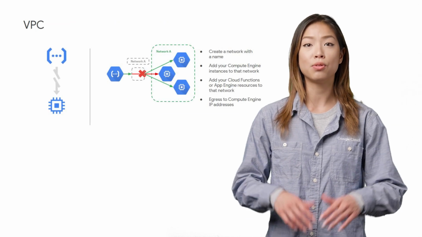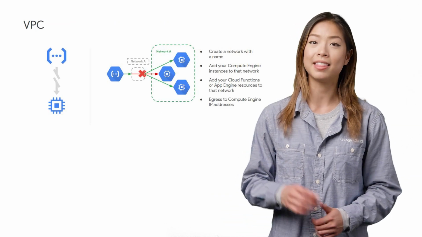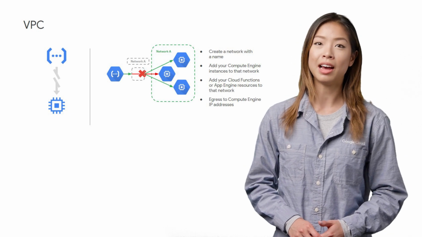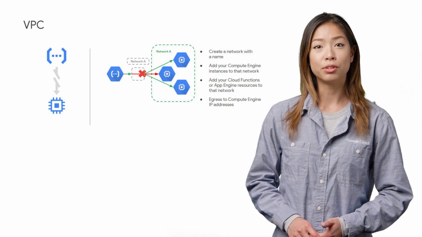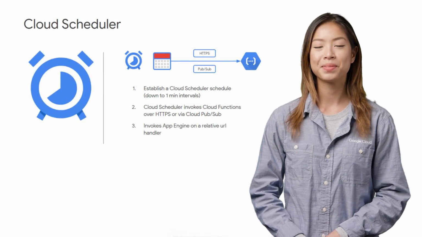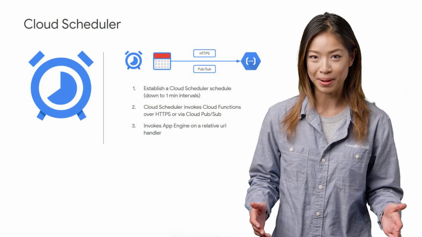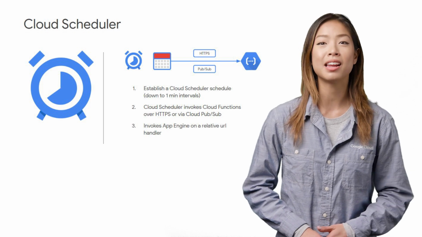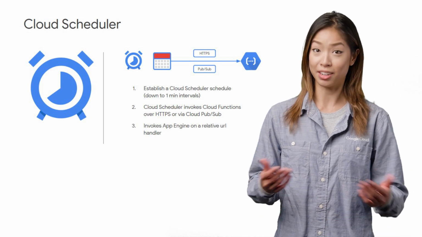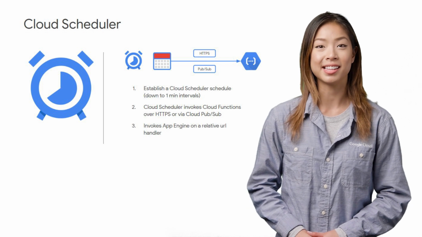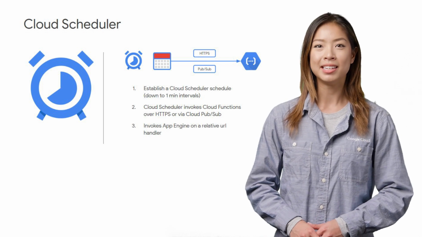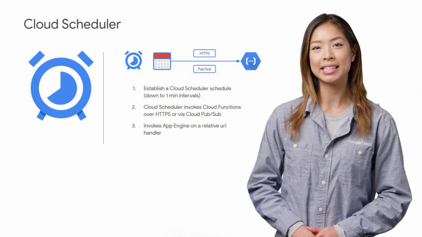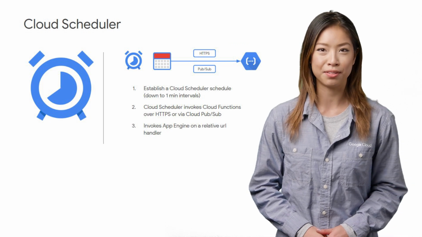You can control access to function invocation using IAM on the invocation. You can assign a role of invoker to a particular user, allowing you to define who can kick off functions, great for function-to-function use cases. Now, something I'm really excited about is the availability of a new tool, Cloud Scheduling, which allows you to set up timers for events to occur, like a cron job. This enables you to do things like schedule HTTP pub/sub tasks now down to 1-minute intervals, invoke GCF over HTTPS, and invoke App Engine on relative URLs.